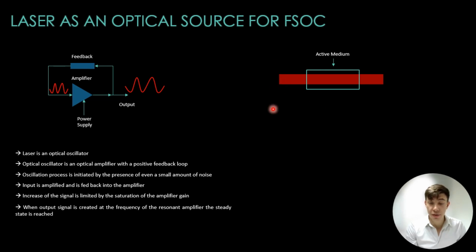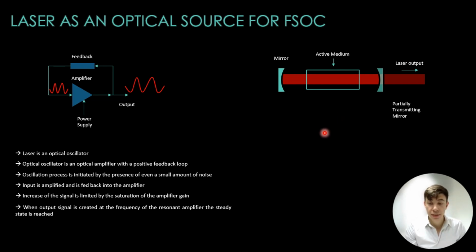Well, it also has to have this feedback mechanism, as we see here. The feedback mechanism on both ends is partially transmitting mirrors. Mirrors at either end of the active medium create a resonant cavity, bouncing light back and forth to stimulate further emission. We also need to have some sort of pump source. This provides the energy needed to excite the atoms or molecules in the active medium, creating the population inversion necessary for